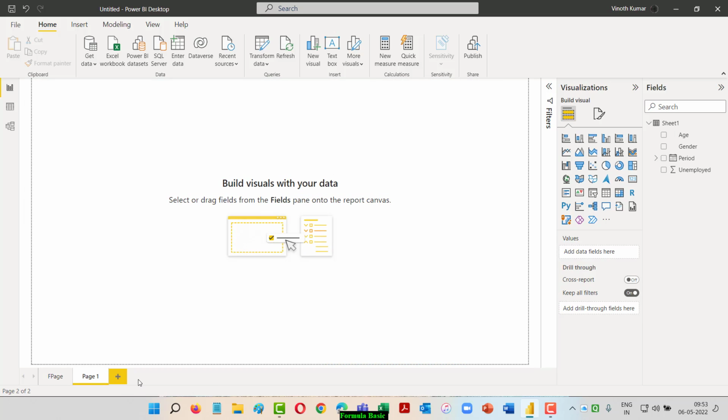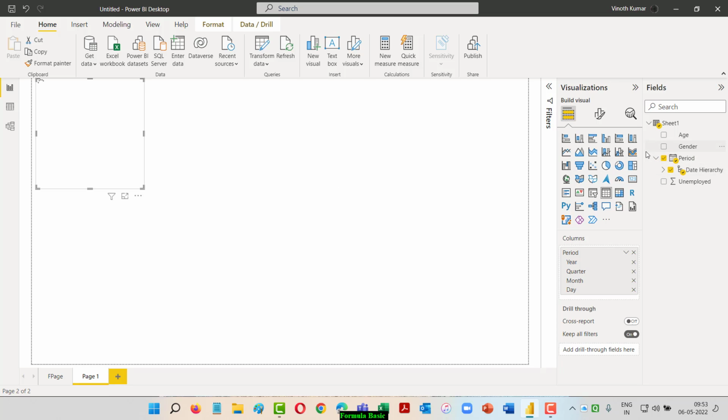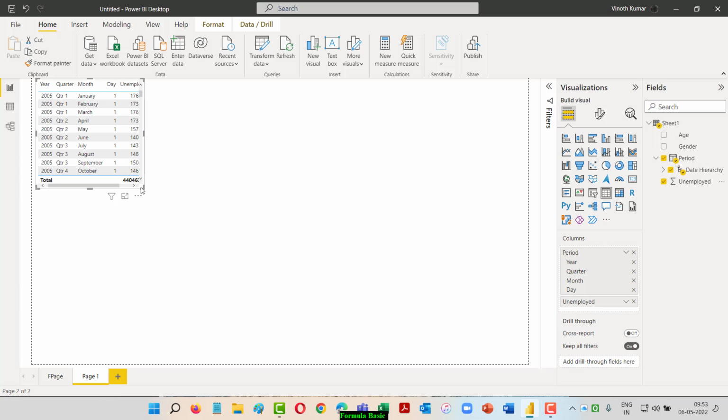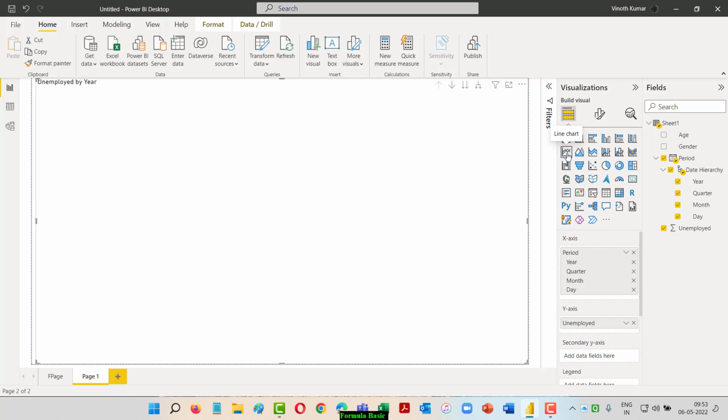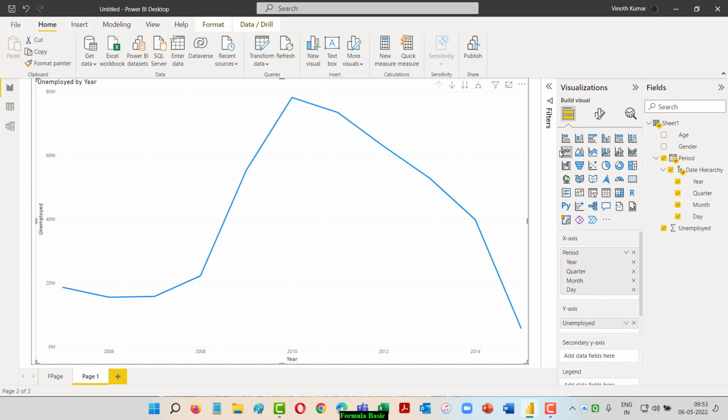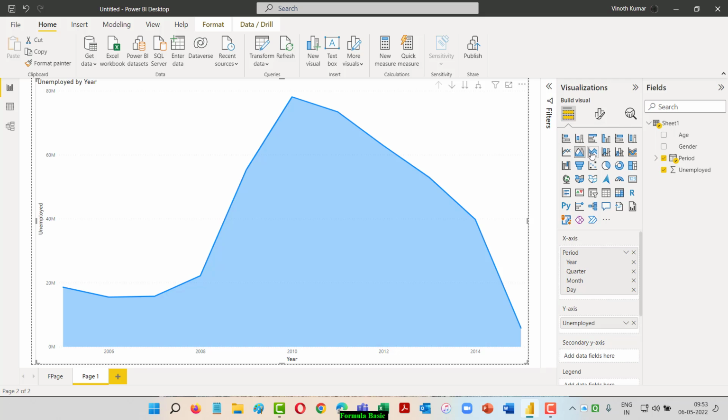Now I'm going to take two different logics here. The first part is I want to go for age-wise or period-wise unemployment statistics. When I do that, it automatically gives you a number data here because the period comes in place here. If I want to change this to a line diagram, I can do it. So this is the way we can get a line diagram. I can move this to an area chart or a stacked